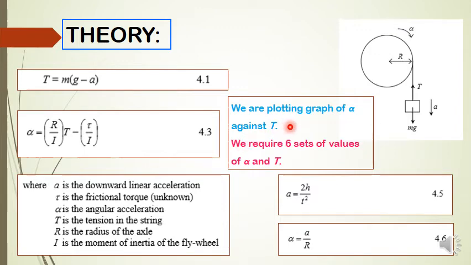We are plotting a graph of alpha against T. Therefore, we require 6 sets of values of alpha and T. To calculate the values of T, we use equation 4.5 to calculate the linear acceleration a, where h